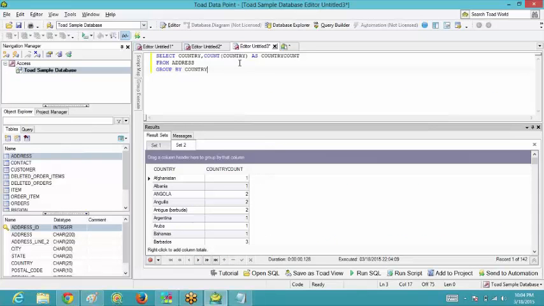Clear how to use this group by clause and when to use it?